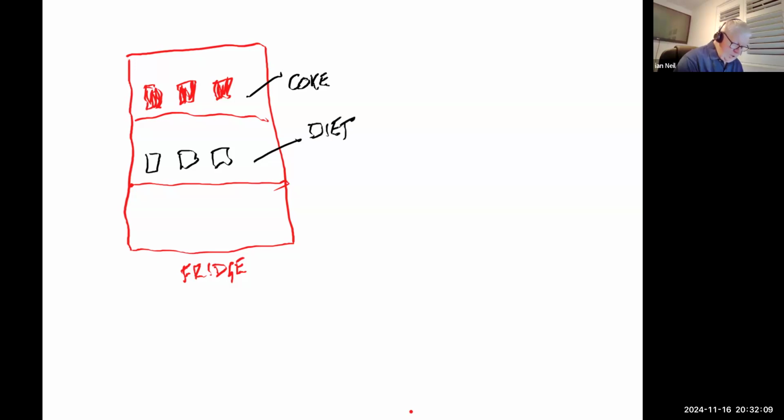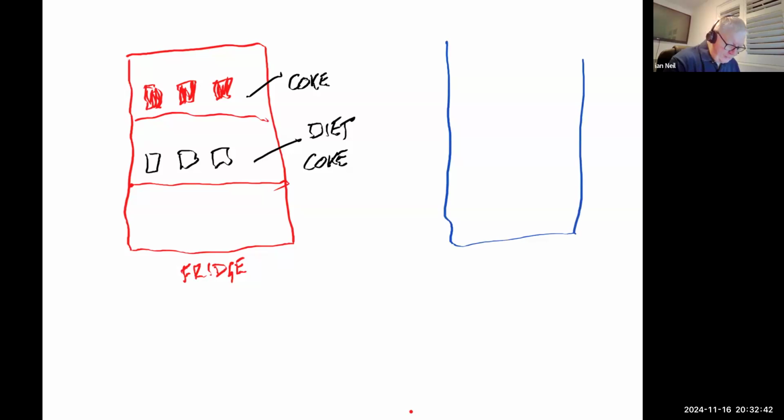Now, let's say I pick up a can of Diet Coke. Can I walk away and go on a picnic with that can of Diet Coke? Yes. And why is that? Because the manufacturers put it in a tin and it's got everything it needs. It's got the gas, the widget, it's got everything. Agreed? Now, what we're going to do with the Diet Coke, my wife has just bought a new fridge.